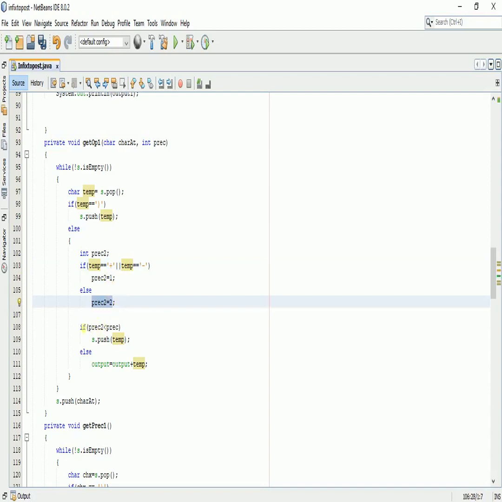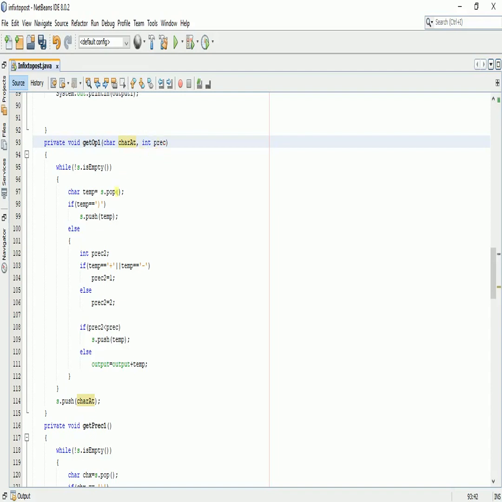Okay, if precedence 2 is smaller than precedence 1, the precedence of the stack value which is temporary, that means that, let's say, in the stack we had a minus operator, and in this char we have a multiplicative operator. If we had a multiplicative operator, then it will have precedence 2.